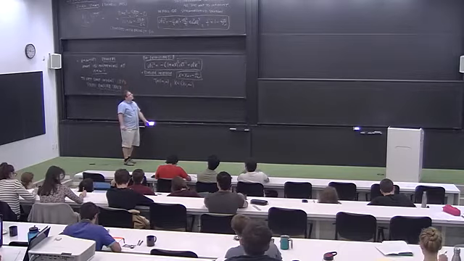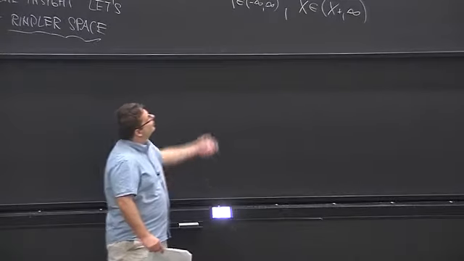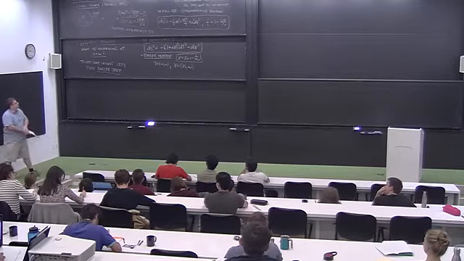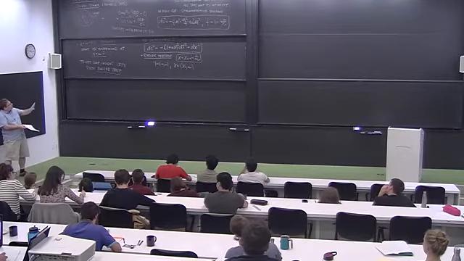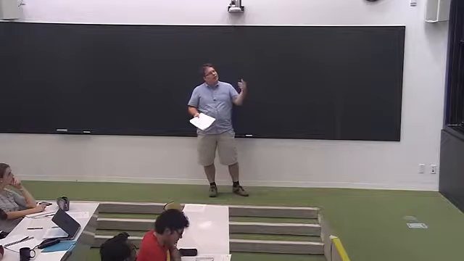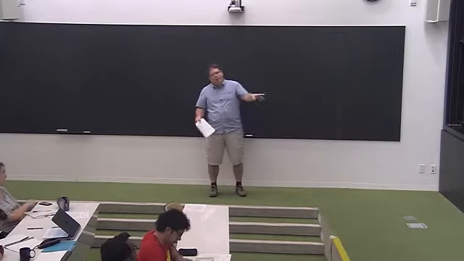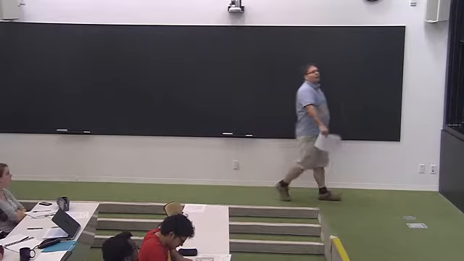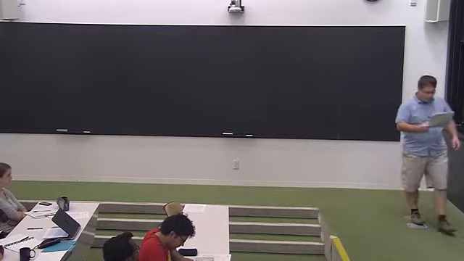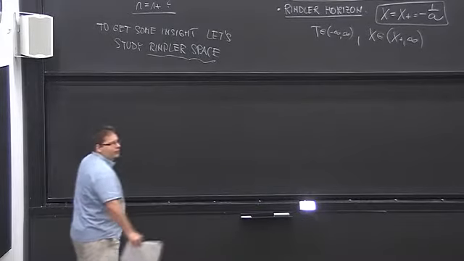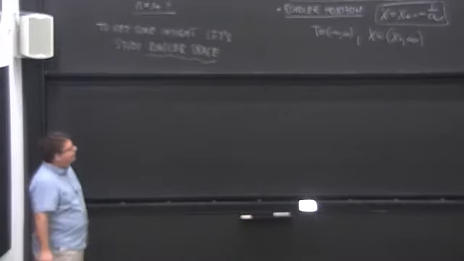So now what I'm really trying to pretend here is that I don't know that this is just a transformation of the flat space. Well, I'll use that a little bit later, but okay. I'm pretending that I'm just given this metric here, and let's try to learn about this metric. And the first thing I learn is that this metric only covers x from x plus to infinity, because there is something wrong at x equal to x plus, which is equal to minus 1 over a. All right, so that's the Rindler horizon, and I cannot go through this horizon. There seems to be a singularity.